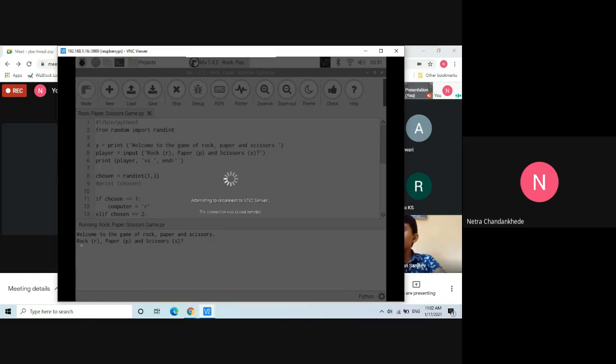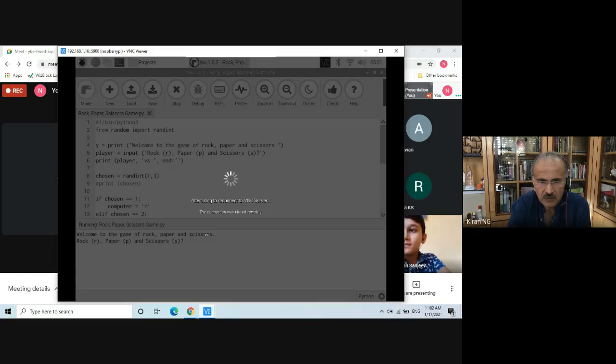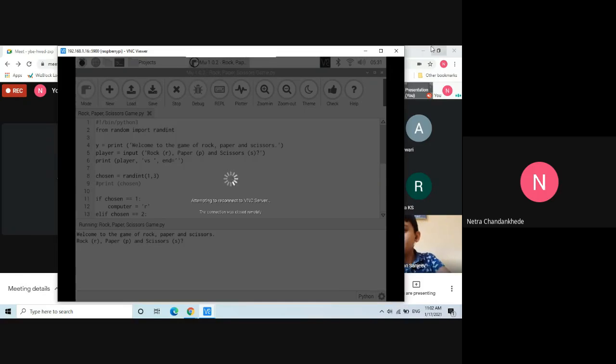So, sir, first we have to type R, P, or S. When we press enter, the computer automatically chooses rock, paper, or scissors itself, and then later it will tell either draw, computer wins, or player wins. Yeah, looks like you have to connect your VNC again.